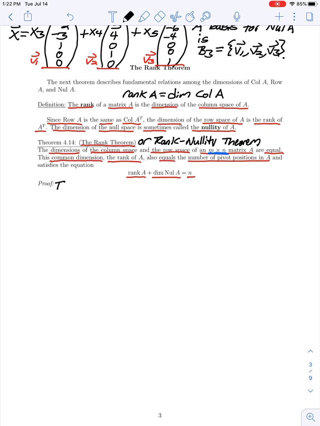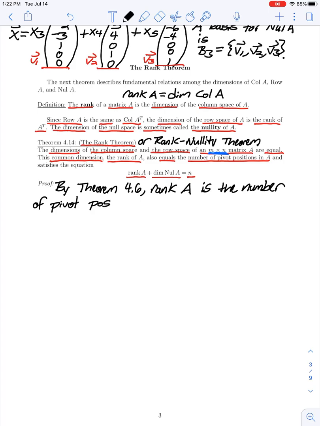So for our proof here, let's start by saying by theorem 4.6, the rank of a matrix A, that is the dimension of the column space of A, is the number of pivot positions or pivot columns in our matrix A. So recall that theorem 4.6 said that a basis for our column space would be the pivot columns of our matrix. So therefore the rank of A, which is the dimension of the column space, is the number of those pivot columns. Now equivalently,